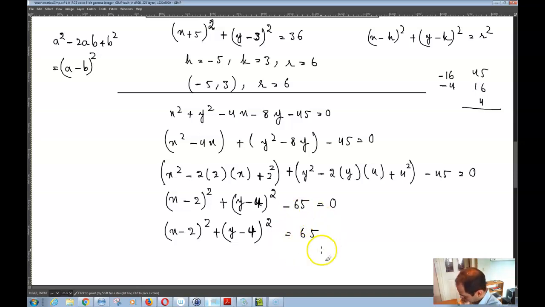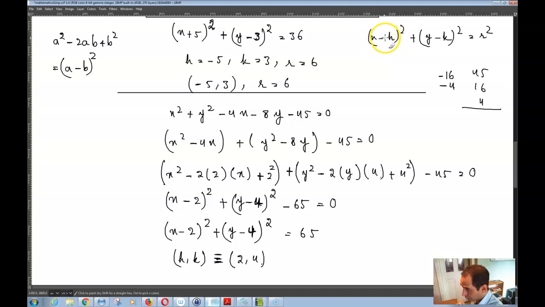So this is of course r² according to this formula. So then if you compare these two equations, your h, k becomes positive 2 and positive 4, the algebraic opposite of these numbers over here,